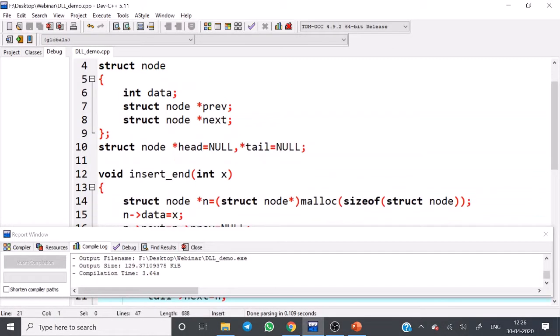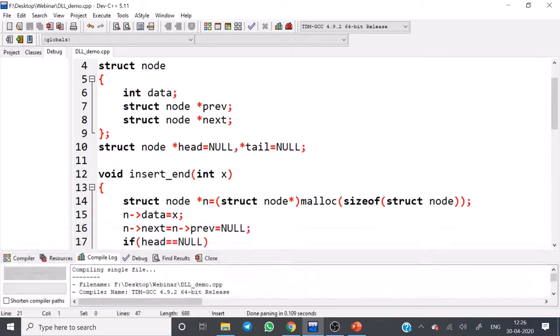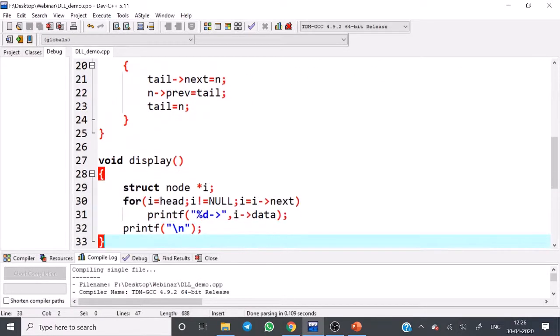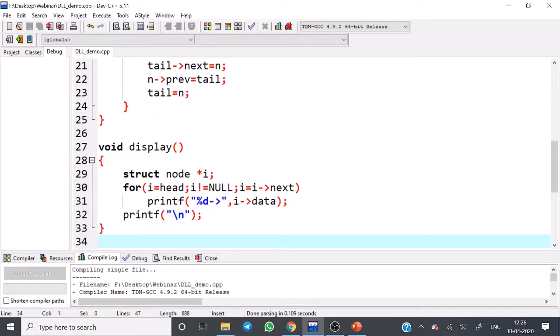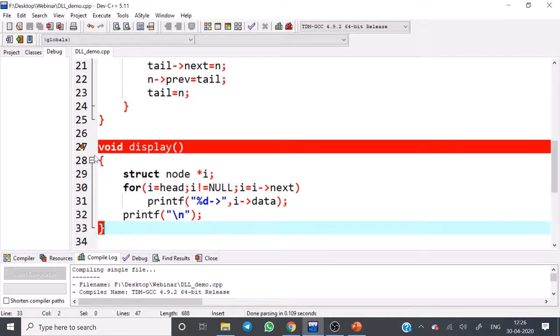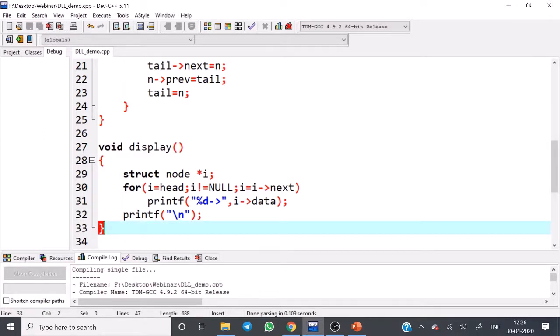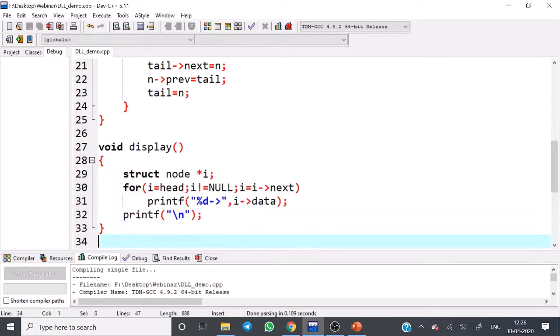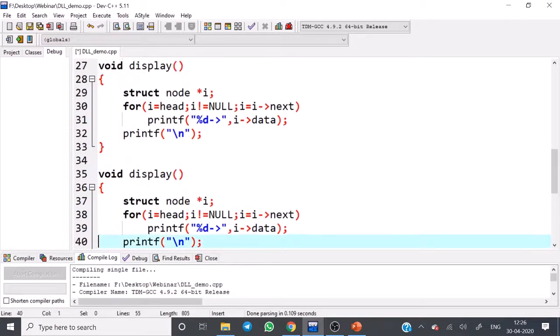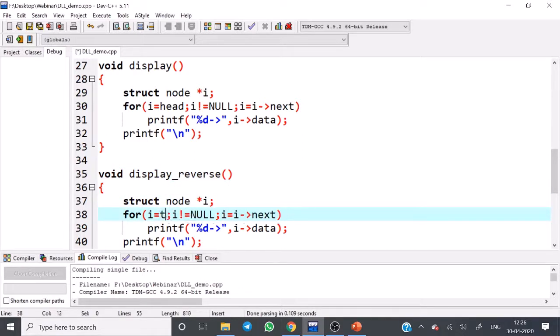So to check whether the double linked list is working or not, we can use the previous pointers. Please understand, the forward list is working. You need to check backward, no? Of course, I'm displaying the data in reverse manner. See here, display reverse. Starting with tail, i not equal to null.